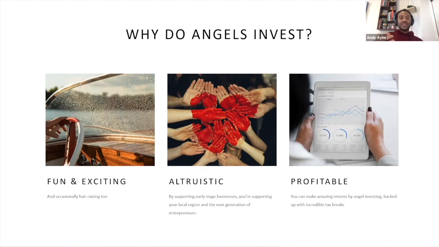And in terms of some other reasons to consider, some people I've met have just loved being around the cutting edge of technology, right? Because some of these entrepreneurs are working on cutting edge technology in fascinating ways that you wouldn't even imagine or think about, right? Another thing is it's part of a diversified portfolio of assets, sometimes even across asset class.